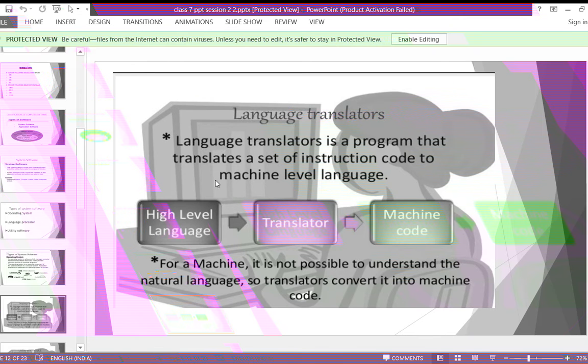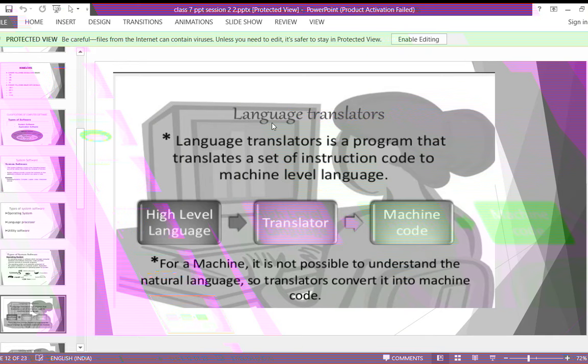In low level language, as you know, assembly level language is there. Machine doesn't understand the assembly level language. So to convert assembly level language to machine level language, which translator are we using? Assembler. So that is nothing but your language translator. The software program that does this task of translation, it means what? Machine understands in the form of binary numbers, that is 0 and 1.